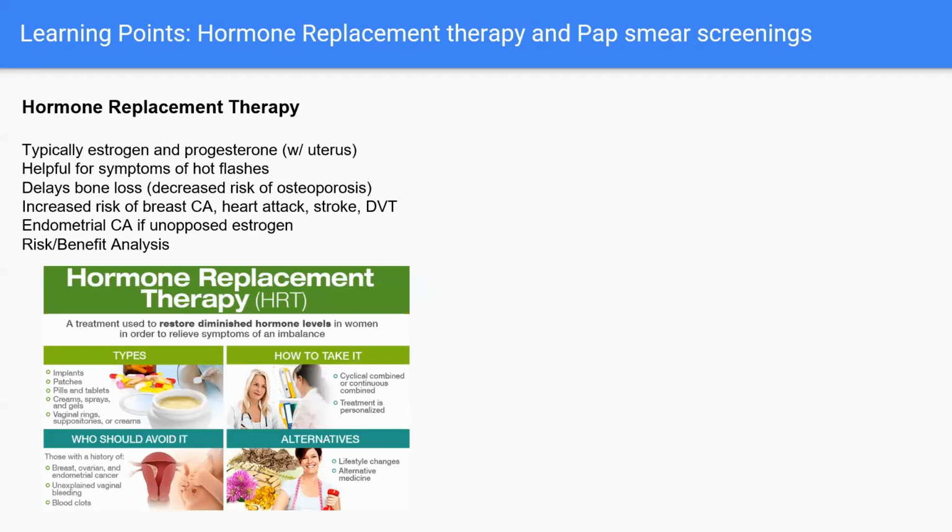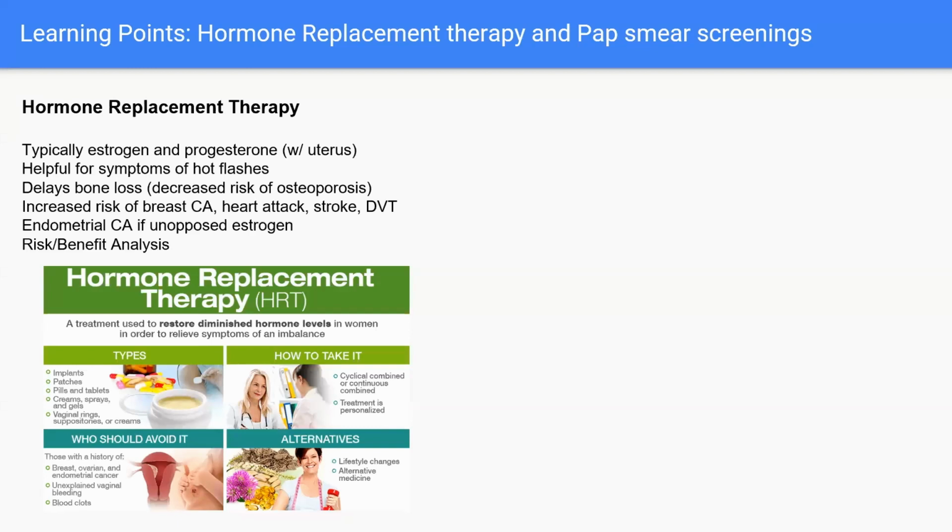So as I've already alluded to, hormone replacement therapy can be used in patients that are experiencing severe postmenopausal symptoms. If somebody is going through menopause but is asymptomatic, or they have symptoms but the symptoms are tolerable, it's just better not to put them on the hormone replacement therapy, okay? But this is just for patients that are having symptoms that are interfering with their daily life. So typically you'll give them estrogen and progesterone, okay?